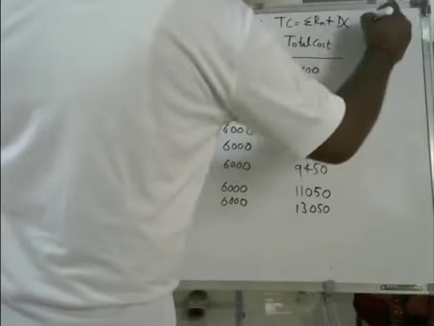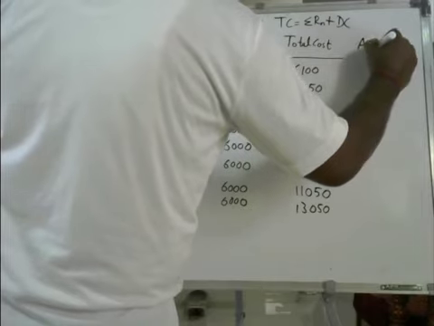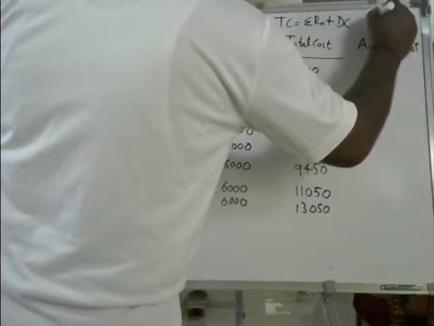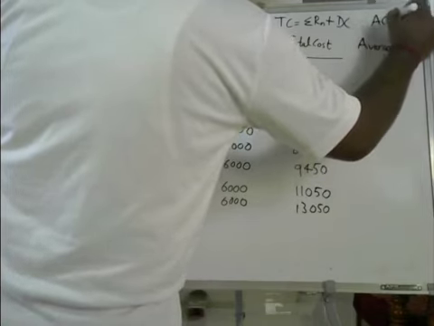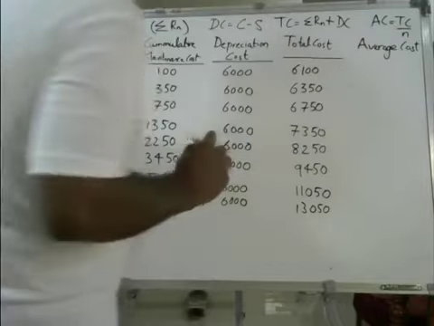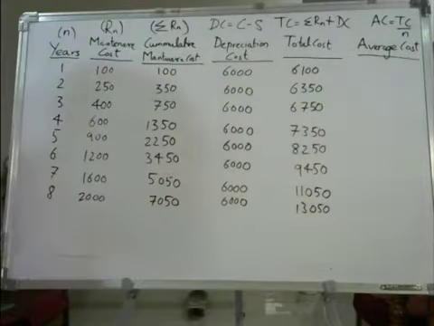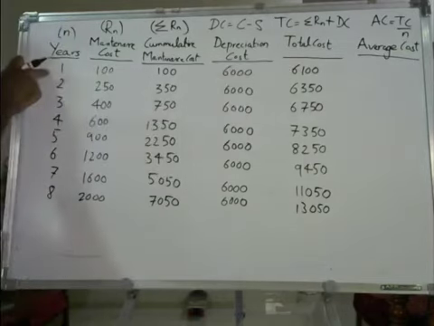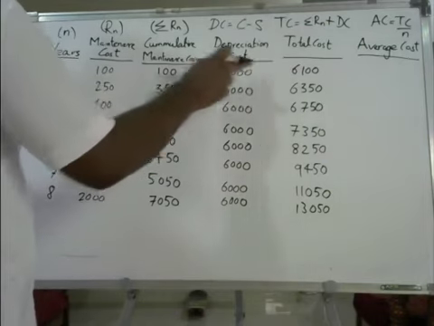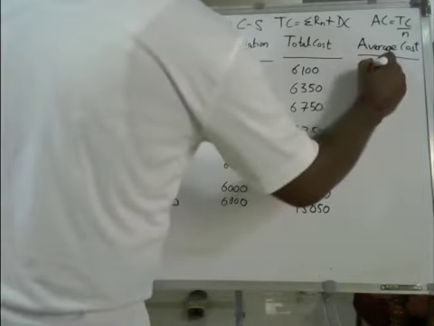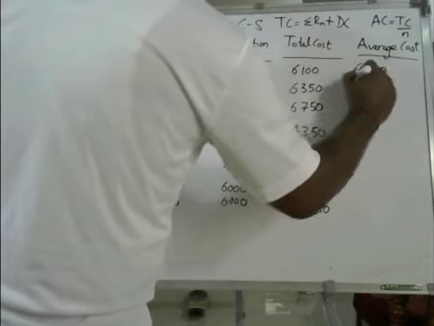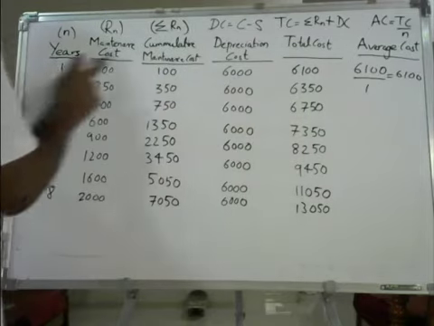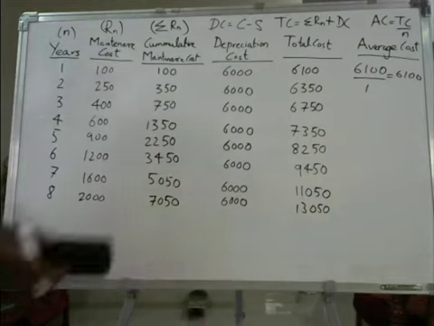So basically we need to find out, last thing is the average cost. Now average cost is equal to total cost divided by N. So what is the average cost? Average cost is total cost divided by the number of years. For the first year it is 6,100 divided by 1, so that is 6,100. Similarly here it is 6,350 divided by 2. In this way you try to find out the